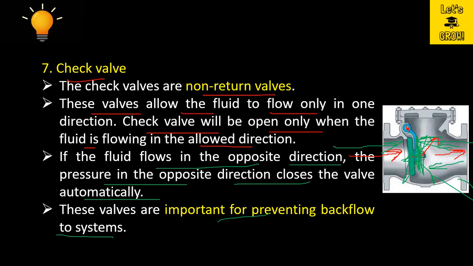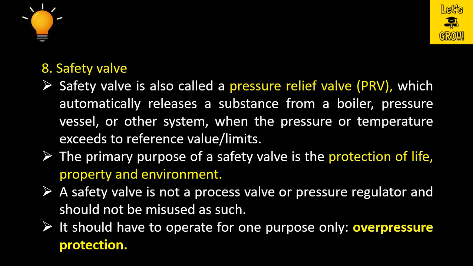Basically, these valves are also provided in the centrifugal pump during the process of priming, correct? So in priming, in the most downstream location of the pipe, we provide the check valve, so that every time we don't need the process of priming. Once we fill the water into the pipe, the water will remain present all of the time.